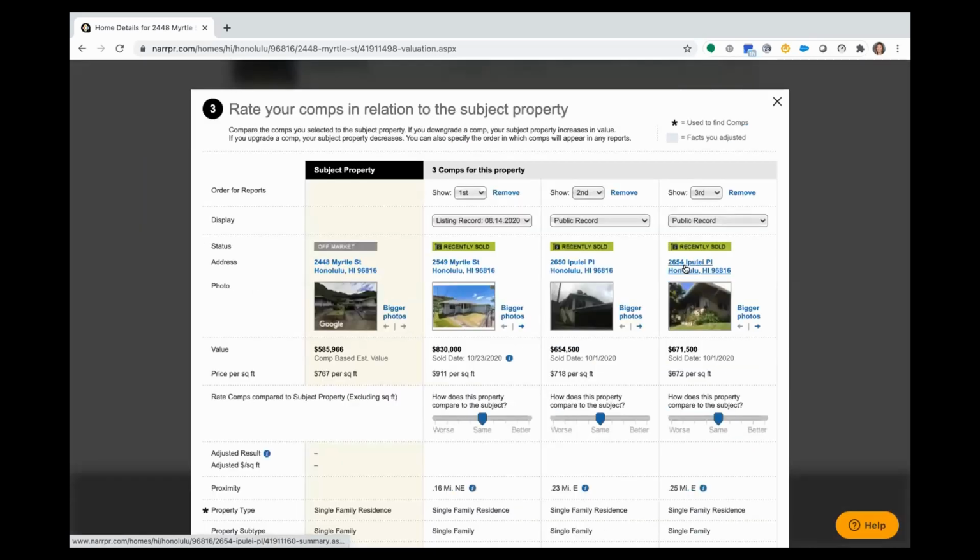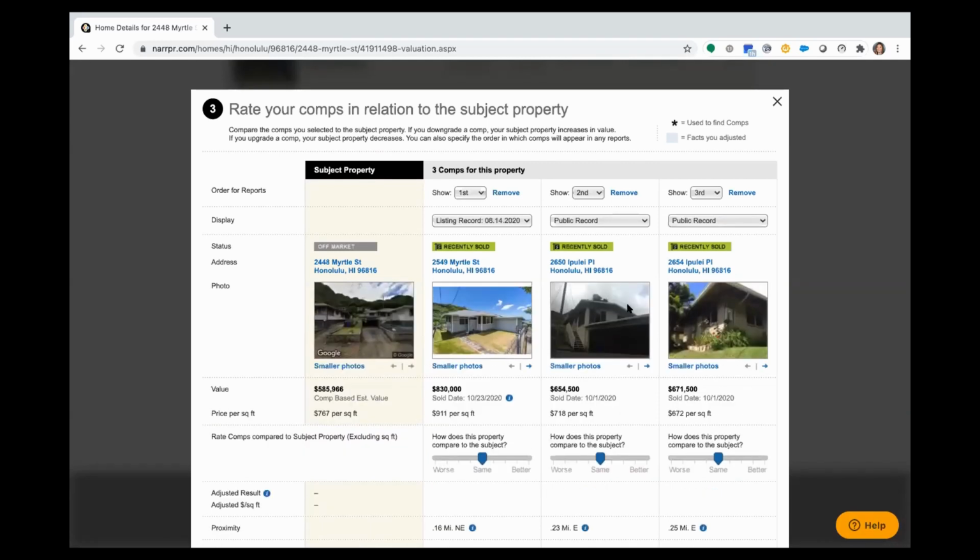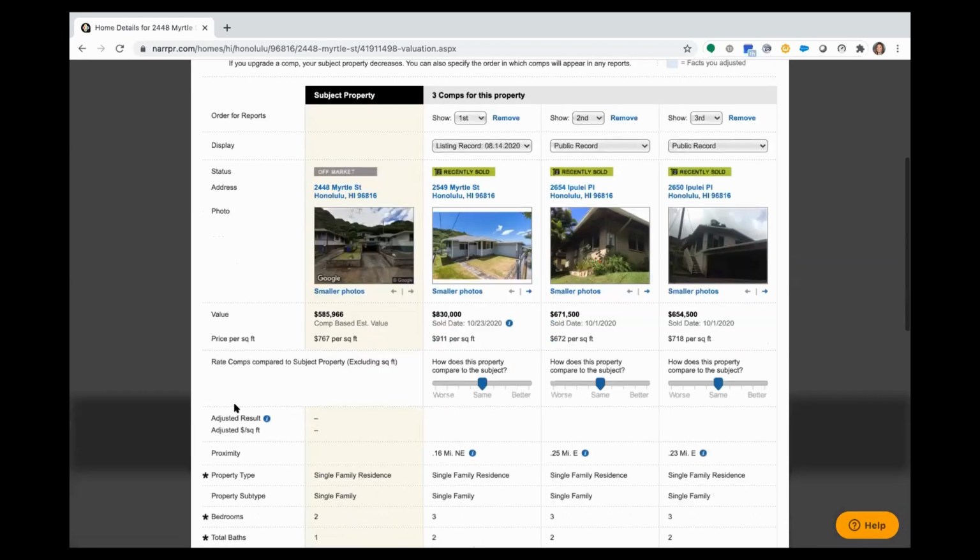And I'm going to go ahead and make adjustments. Now, there's some aesthetics that I can do. If I want to enlarge my photos, I can enlarge my photos. If I want to change the order of my comparable properties, I can change the sort order as well. And then we're just going to come in and rate our comps compared to our subject property, excluding square footage. So you're just coming in saying, hey, this property is a little worse, or this property is a little bit better. So just like we saw with our